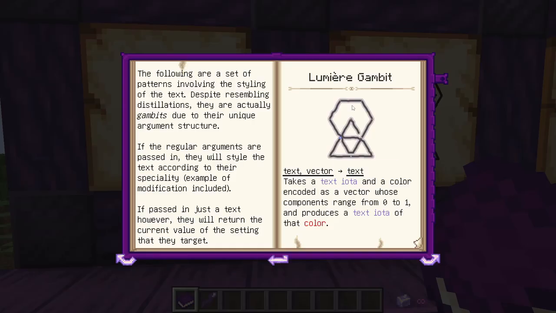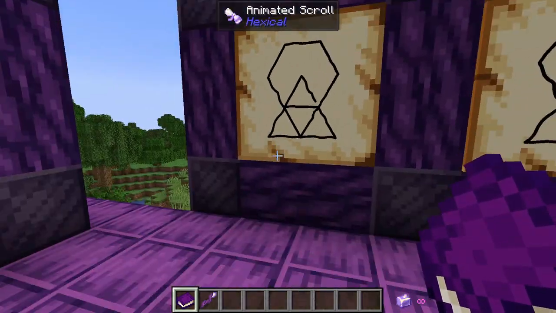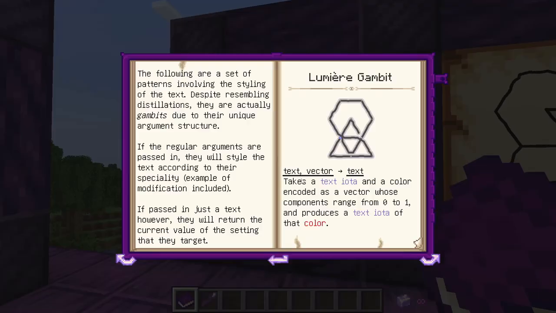Basically, you can color text into being a different color like red, blue, purple, which is somewhat useful. But basically, it works off of RGB colors with a vector from 0 to 1, as in percentages. So, yeah, it would just take a text, take a vector, then give you your new color, which is pretty